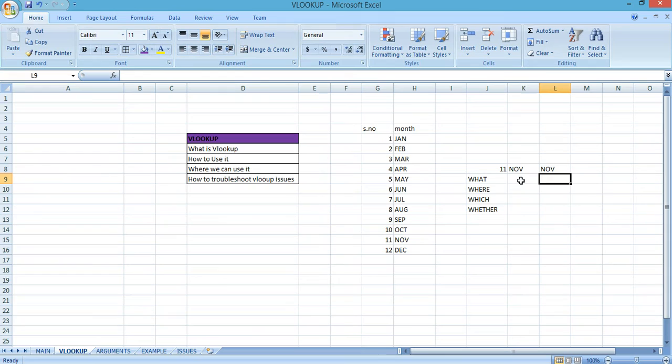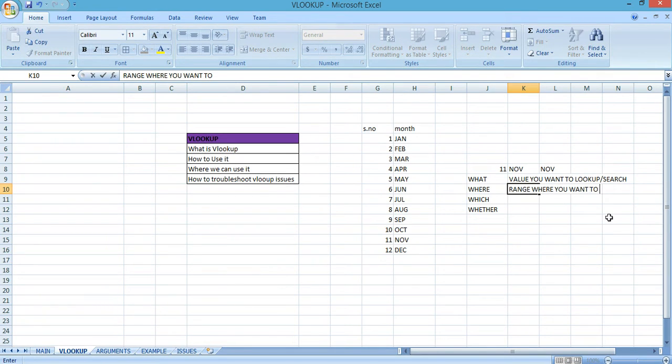So VLOOKUP function contains 4 arguments. First, value you want to search or look up. So in this case we want to search 11. Where, range where you want to look up, search the value.